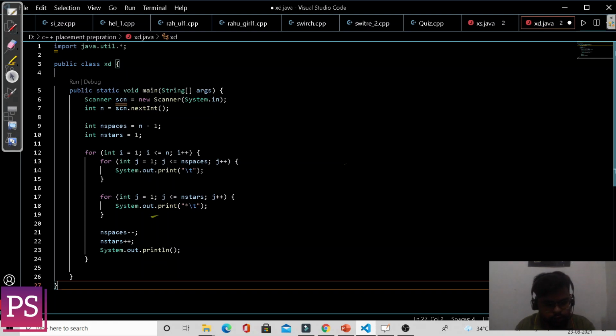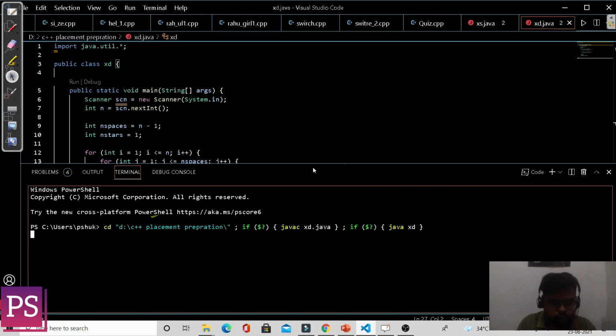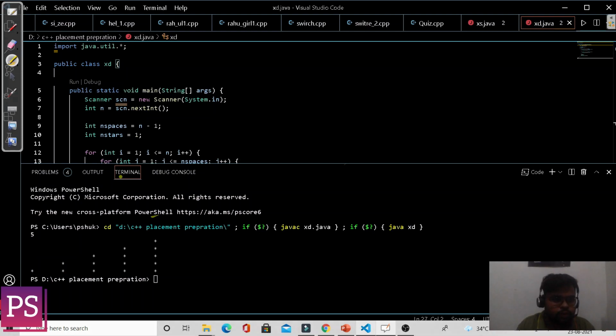So let's save the code that we have typed, Control S. Then let's run this code. Now I hope that we will be getting the right output. Yeah, now you can check we are getting the right output.